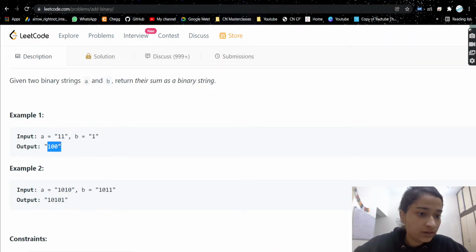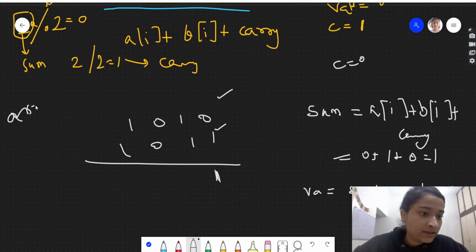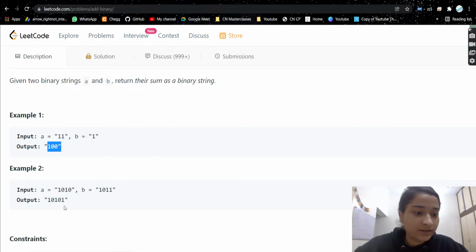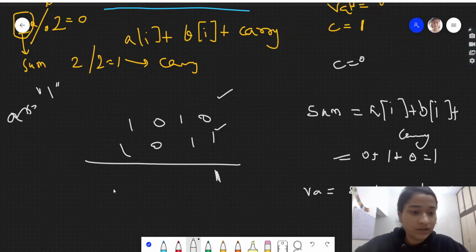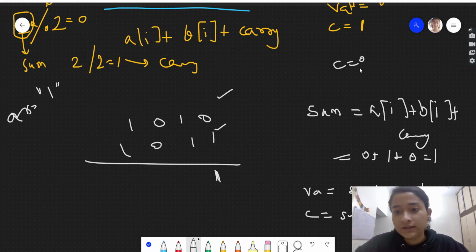Let's take our answer variable, a string initially, and add this value to it, because this is our answer for these positions. Then carry will be sum divided by 2. Sum is 1, 1 divided by 2 is 0, so carry is still 0.